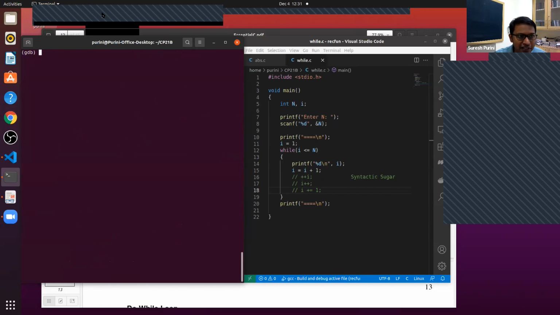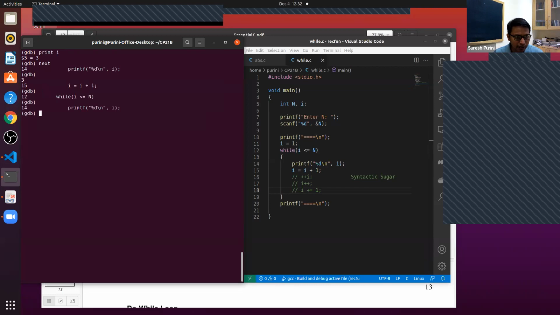So what I'm trying to do, I'll just tell you. Where are we right now? On which line are we? We are on line 12, and the value of I is 3. So after that we execute line 14, and I was kind of lazy to iterate through this program. So I thought I will artificially set the value of I to 5 through GDB. It is possible to do, but I couldn't figure out the exact command. So anyway, let's get going.